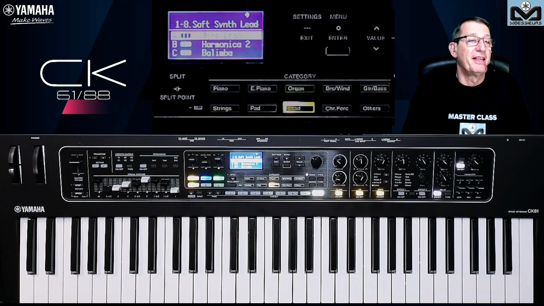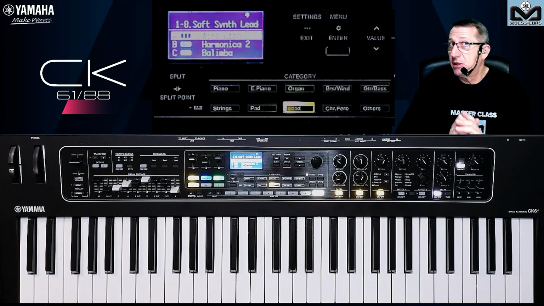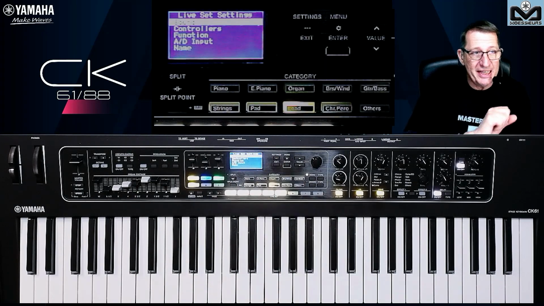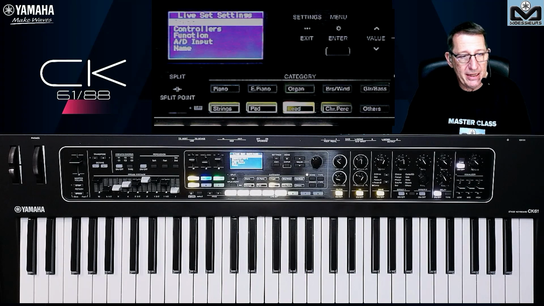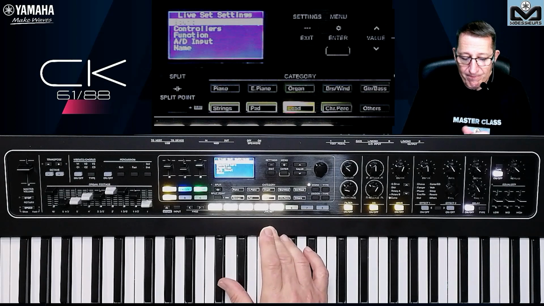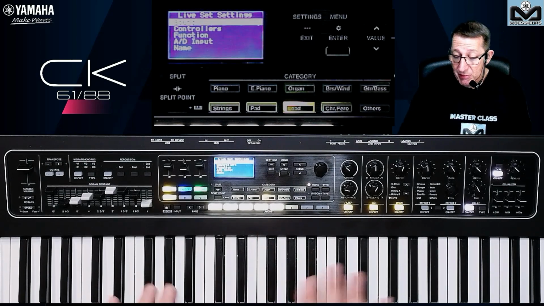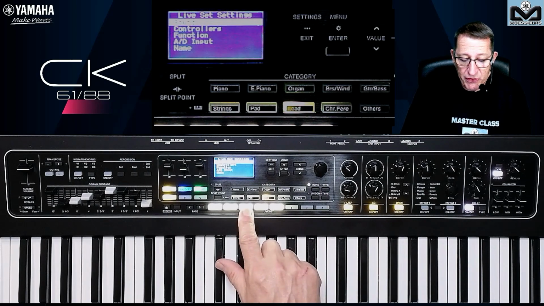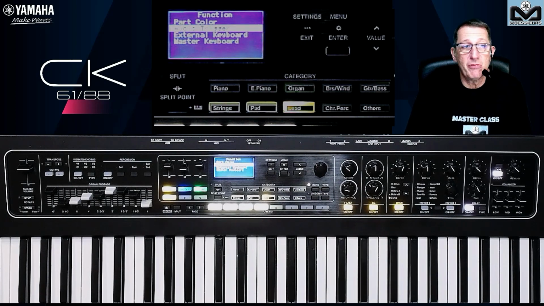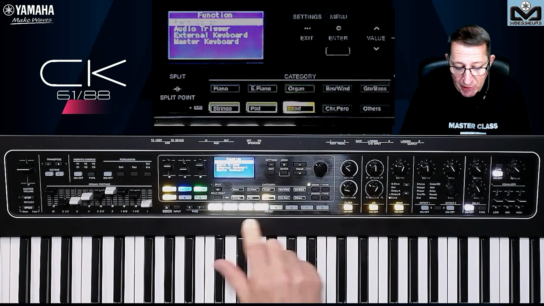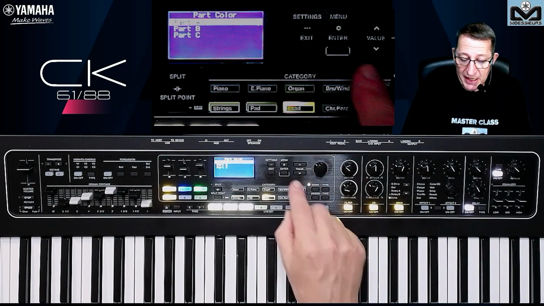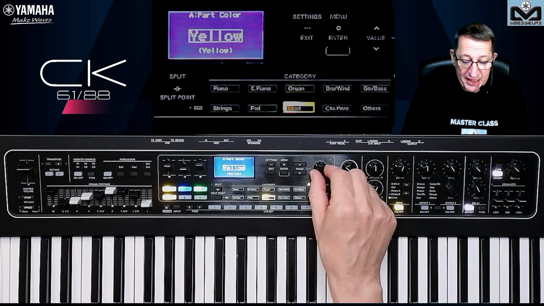So how do we do this? This is stored by live set. So you can do what you want for each live set. So as it is by live set, we go to the settings. And we are not in the sound, because in the sound, this is really the sound management. We go to the third one, function. And on function, the first one is part color. So I choose this, and we can choose for part A, B, and C, of course. Let's go for the A, and let's see the colors we have.